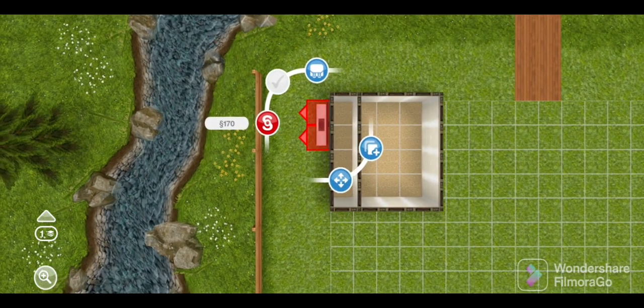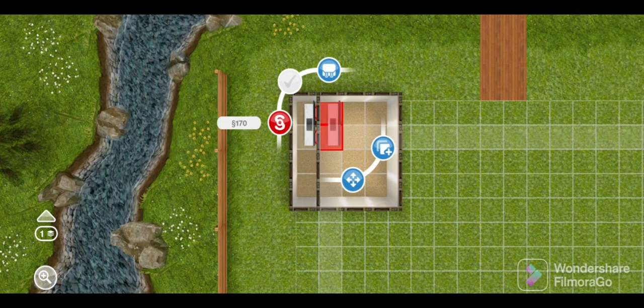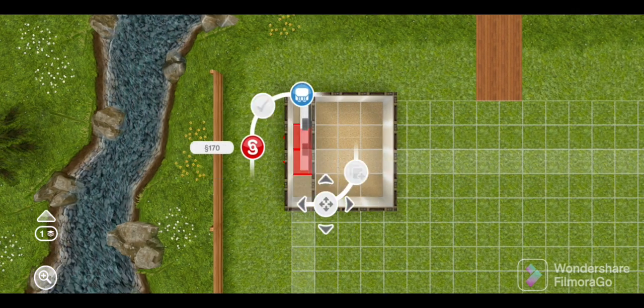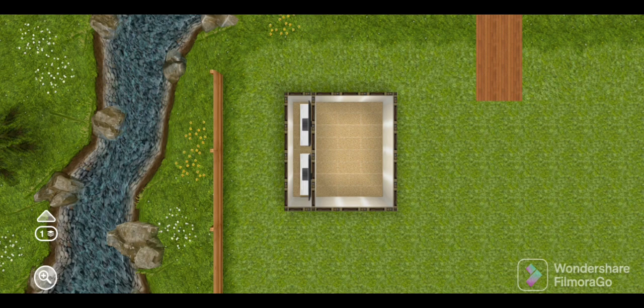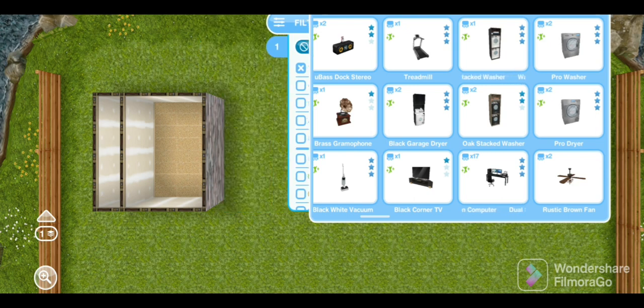initial glitch. So I selected the white one, and I placed this couple of wall TVs on the wall to the right on the first room, and then we move on to